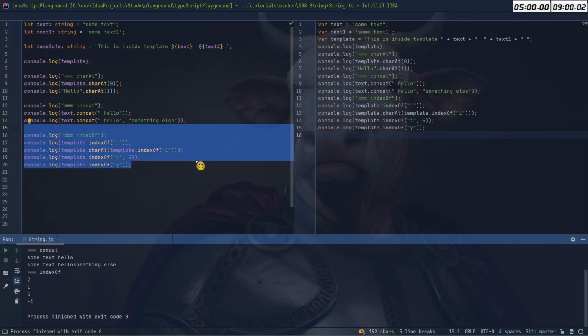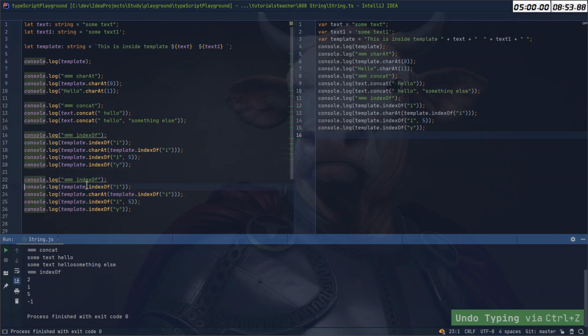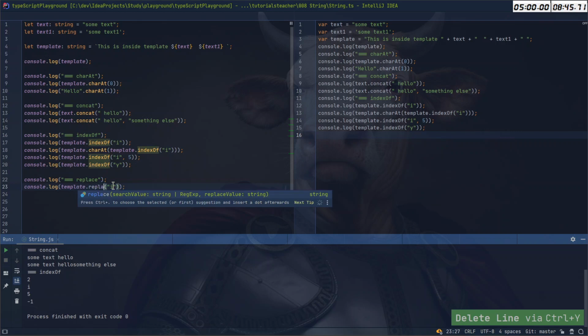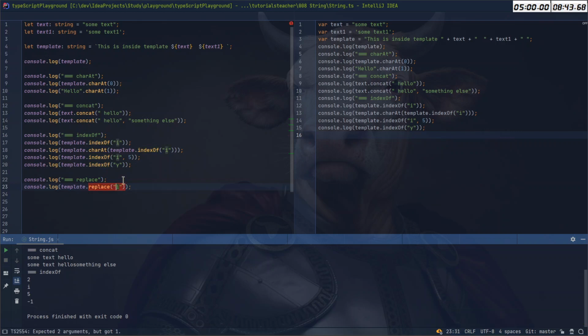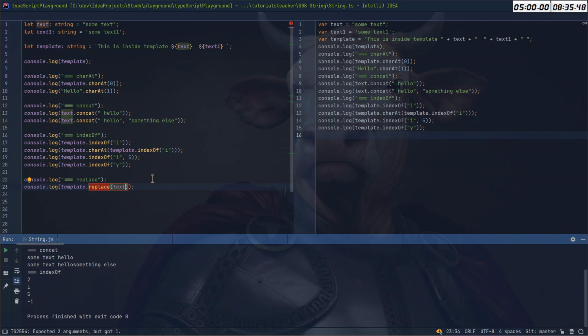So I will duplicate this. Yep. Here we will say replace. We'll get rid of that and say replace. And here we will say text because there are multiple of them, right? What's wrong? Expected 2 arguments but got 1. So we want to replace text, that should be a string